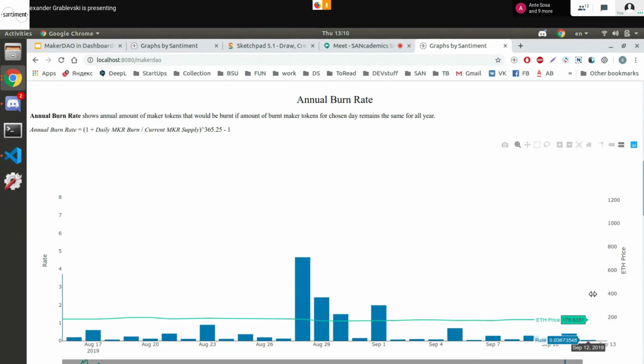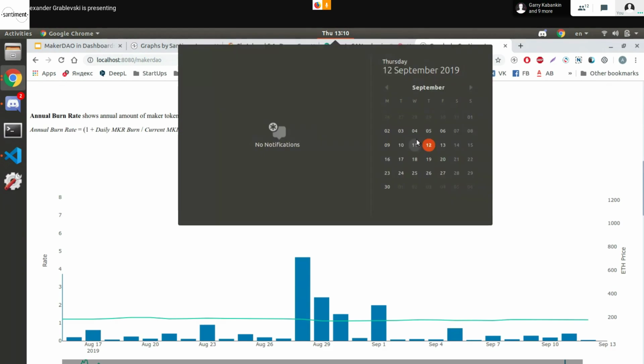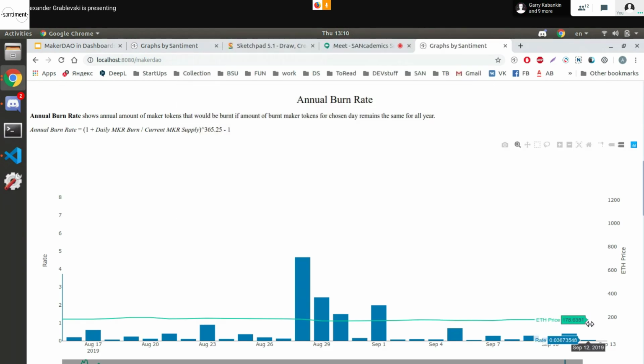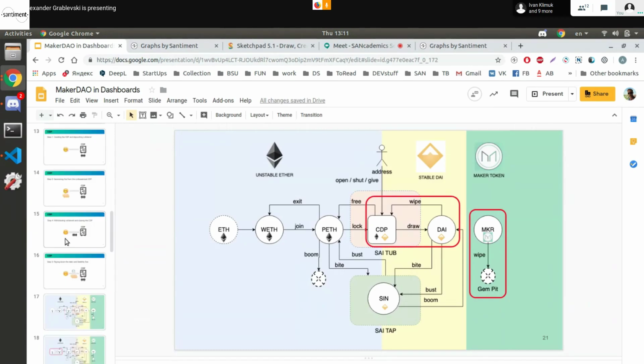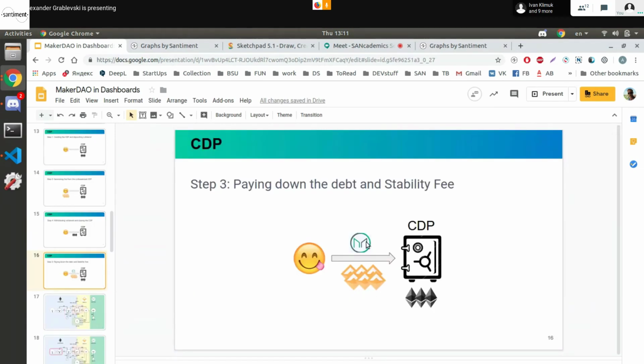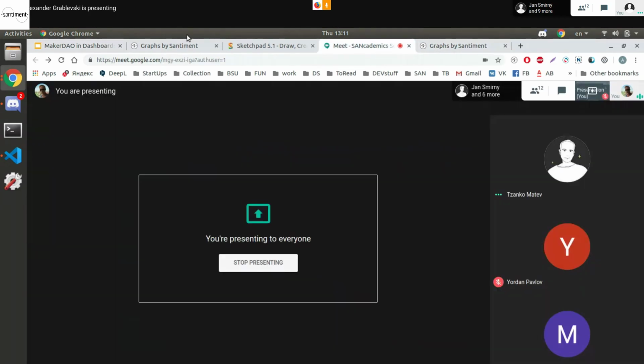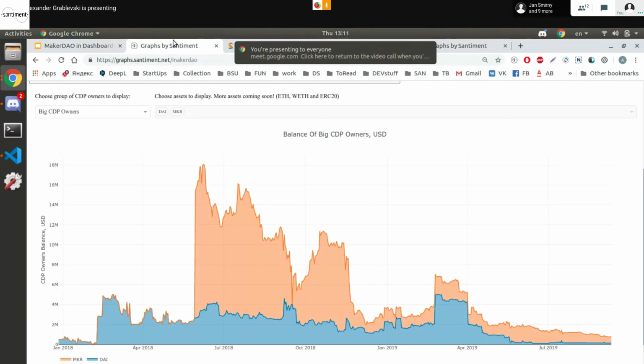For example, let's take yesterday, that's today. If all these Maker tokens remain the same for the rest of the year, we'll see that